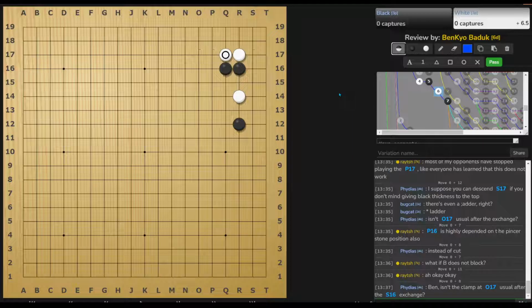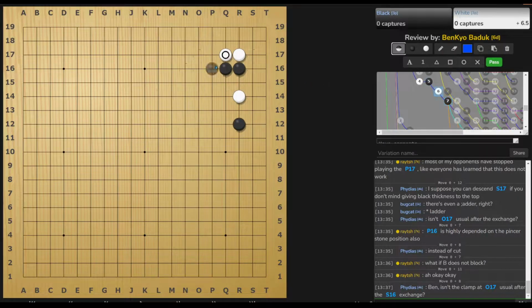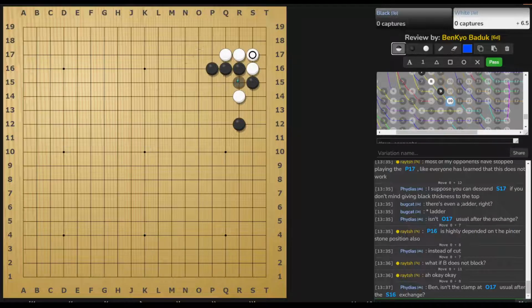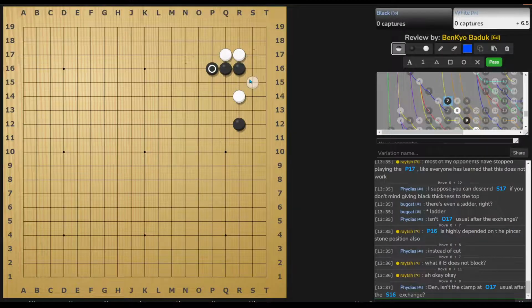Isn't the clamp at 017? That's what I thought, but apparently it's not really. If they just connect, then yes, this becomes good for white, because it's as though we played the normal Joseki, and then black plays this bad push, which loses a liberty and loses some possibilities up here. So that is right, but the thing about that is,